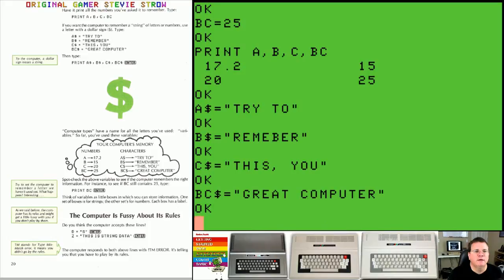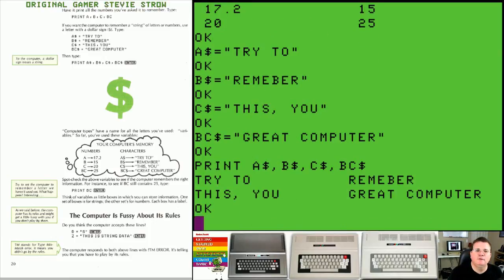And now it says print these out and have the computer print them for you. So if I print A$, comma B$, comma C$, let's get the right character in here, comma BC$, and I hit enter, it is going to print out what it stored in memory. Try to remember this, you great computer. These were strings that we set up in memory. These were pieces of information we had it store,